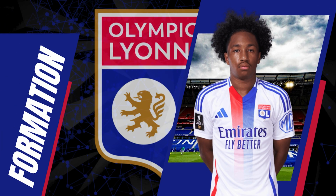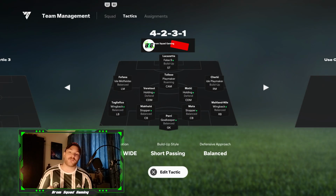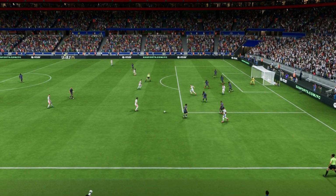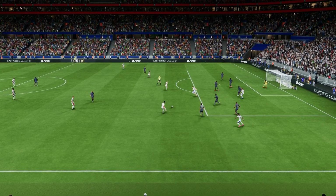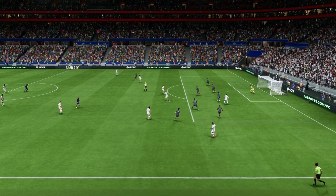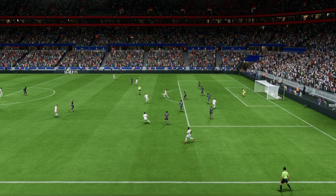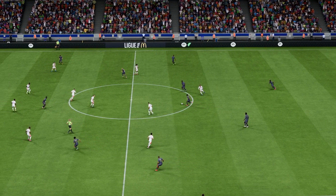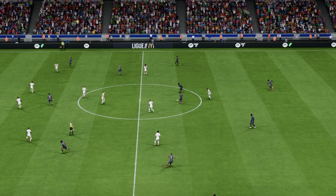success of Lyon. So Paulo Fonseca has elected the 4-2-3-1 as his go-to formation for Lyon, using a false 9 up top to enhance the team's overall fluidity. This formation aligns with his tactical philosophy, allowing the team to morph seamlessly between phases of play. When attacking, Lyon will shift into a 3-2-5 setup, pushing one of the fullbacks higher up and packing the final third with numbers. Defensively, they can drop into a compact 4-4-2 block or keep their 4-2-3-1 structure, which emphasizes organization